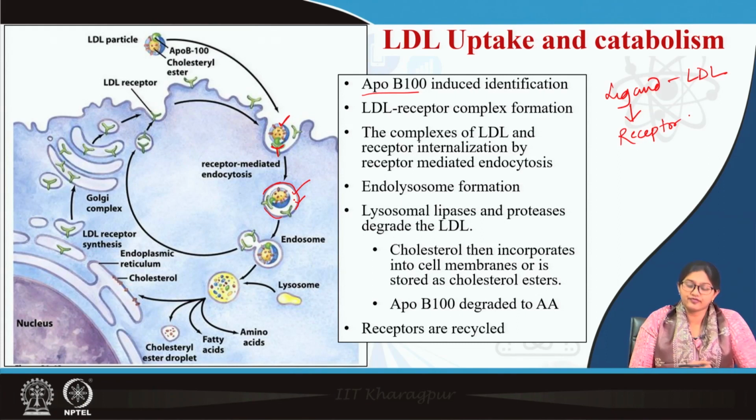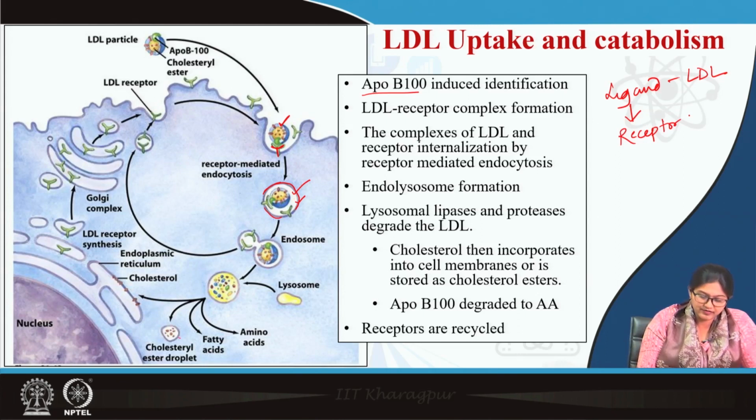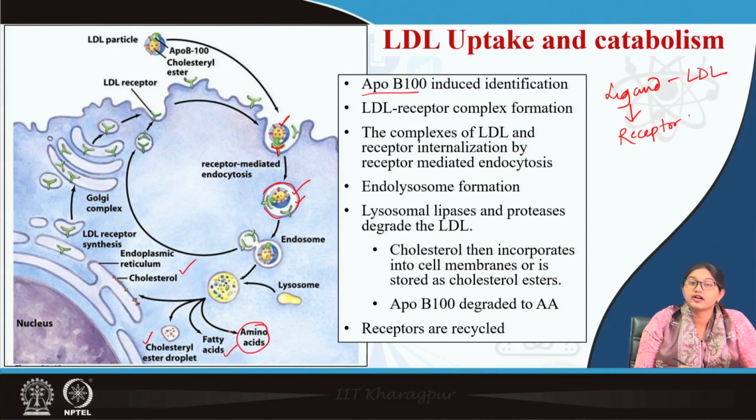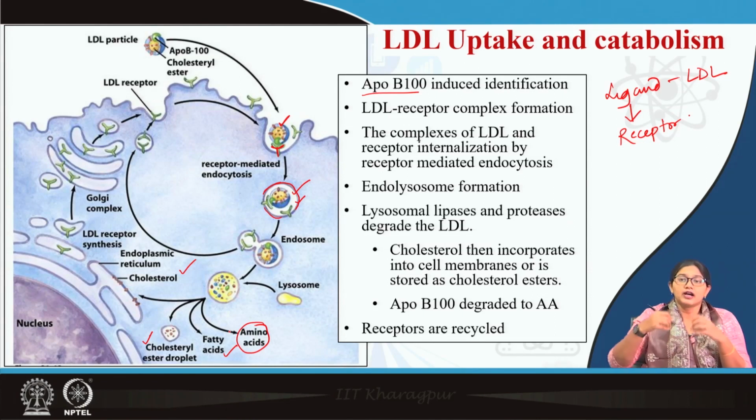You can see there is release of cholesterol as well as fatty acid, and also the cholesterol esters are accumulated and can be stored inside cholesterol ester droplets. Now, the apoprotein part is also hydrolyzed to different amino acids and released in the cytosol, contributing to the amino acid pool of the cell, which is further reutilized for other